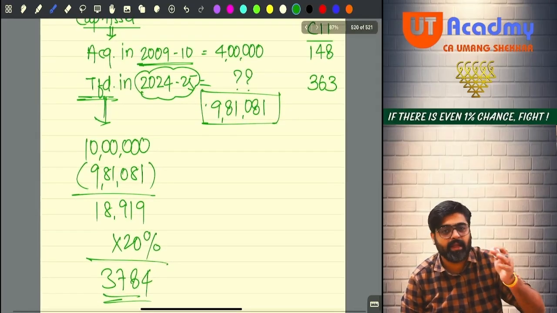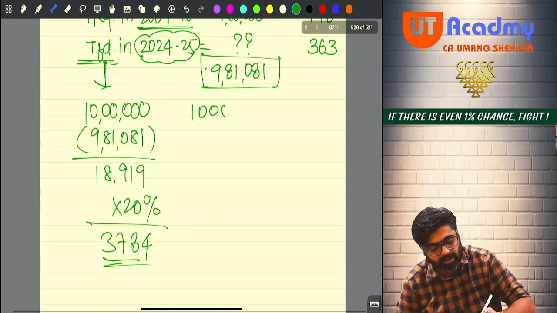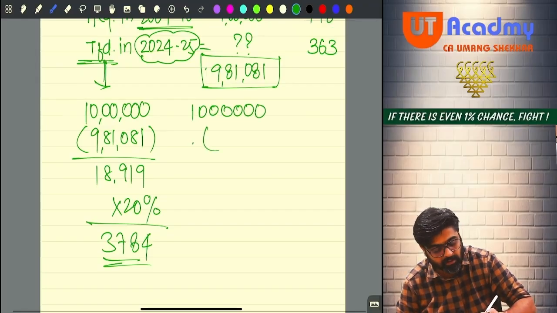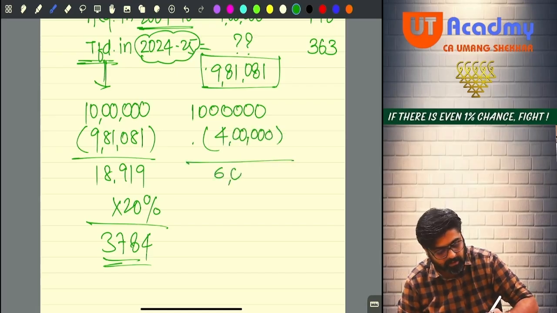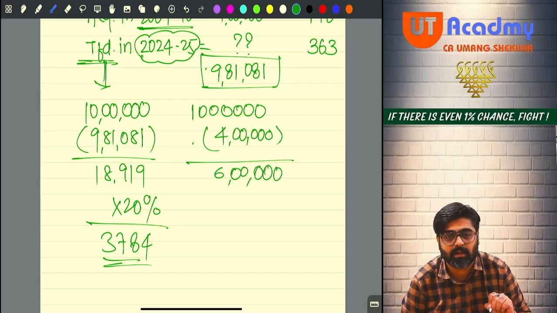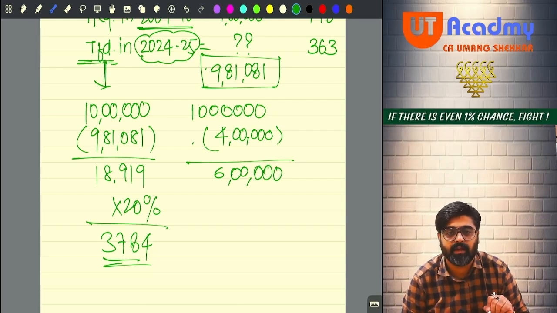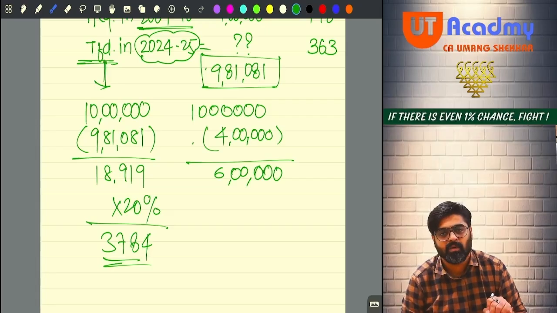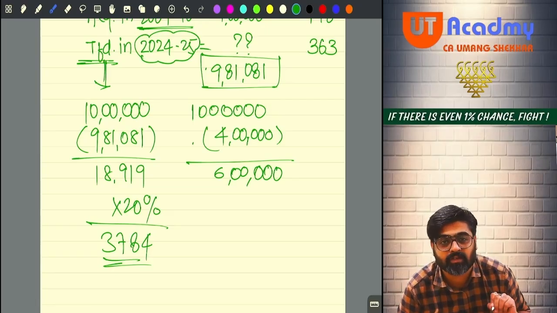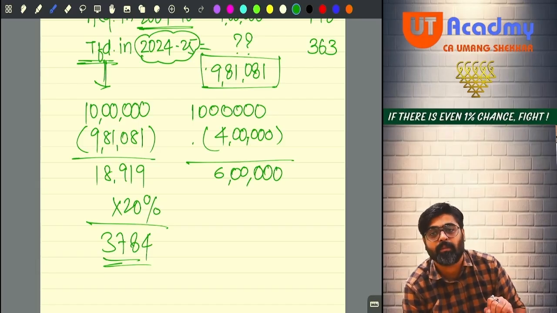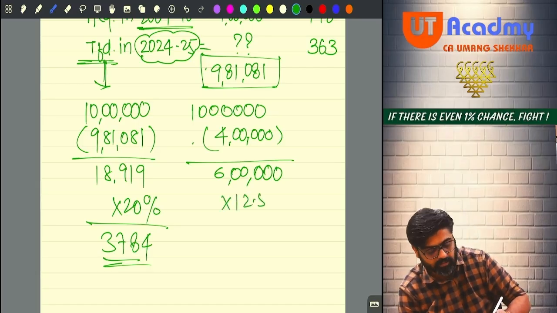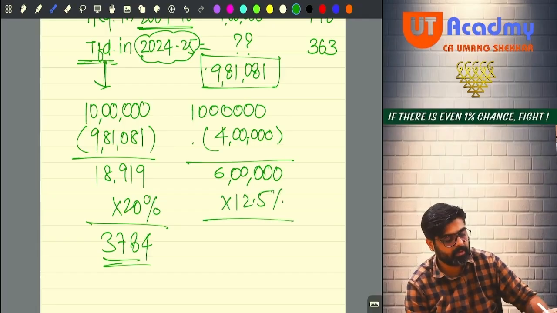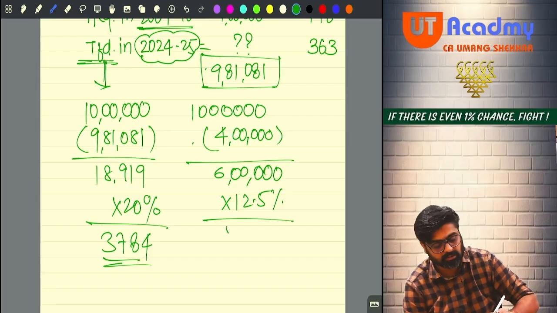Now just imagine if the indexation is not given. So we'll take the same selling price, 10 lakhs. Out of that you will now reduce 4 lakh rupees cost, friends. And your capital gain will be 6 lakh. Madam Nirmala Sitharaman saying, see, we have taken away indexation from you, no? So your government is thinking too much about you. Don't worry. Your capital gain will be higher, no? So we'll compensate by giving a relaxation in the tax rate. Now your tax rate on the same long-term capital gain will be 12.5%. Apply 12.5%. 6 lakh into 12.5% will give you still 75,000 tax.